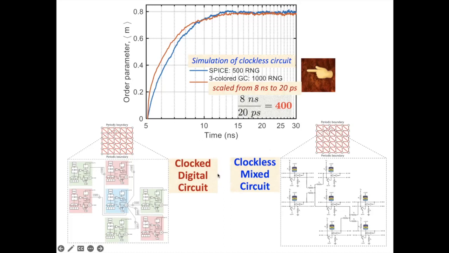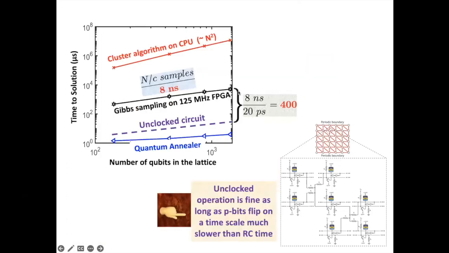But of course, what it implies is that you can only do that if you have this compact implementation where the delta E evaluations can be done simply with resistive networks and so on. If you can do that, then you could have this improvement. And that is the basis for this projection that we make here. Here's what we got with the 125 megahertz FPGA, but if you had an unclocked circuit, you could have another factor of a few hundred